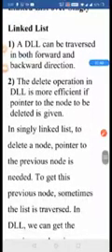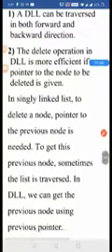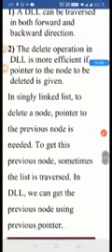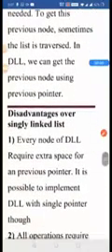In a single linked list, when we want to delete a node, the pointer of the previous node was also needed, and to get the previous node, sometimes we have to traverse the whole list. In DLL, we can get the previous node easily by the previous pointer, so the delete operation is very easy and efficient.